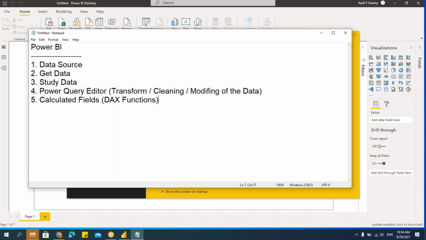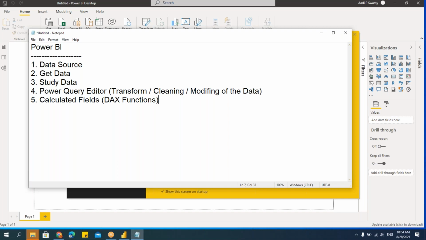So what is DAX? DAX stands for Data Analysis Expressions. It's not dynamic, it's data analysis expressions. Expression is nothing but a formula or an equation. When I was working on DAX functions, many people said, sir, it's similar to Excel functions only.